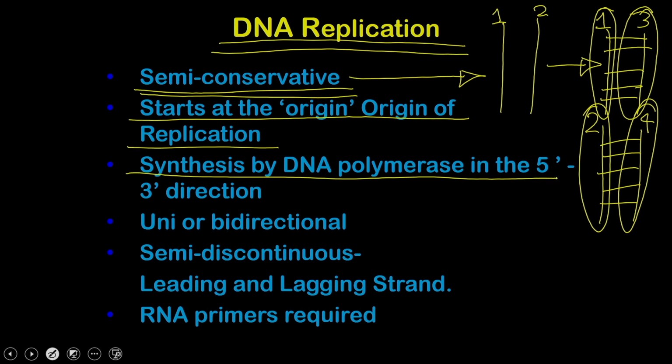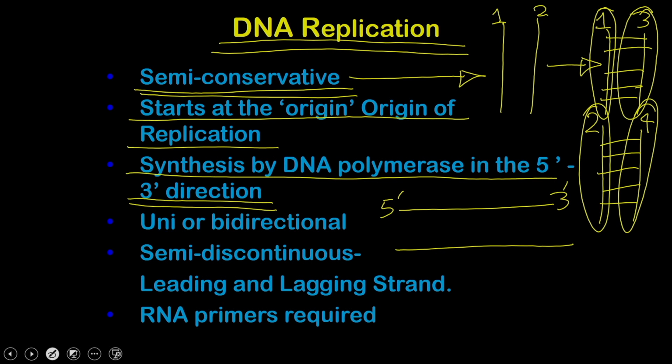DNA synthesis by DNA polymerase always occurs in the direction called 5 prime to 3 prime. You know that DNA is a polymer of nucleotides, and nucleotides have 2 ends, the 5 prime and the 3 prime. So, if I draw a typical nucleotide structure, this is the sugar, then this is the base. Here you have the sugar, and on this fourth carbon you have the fifth carbon, then the CH2, and then the phosphate group. So, this is the 5 prime end and this is the 3 prime end, because here you have the OH.